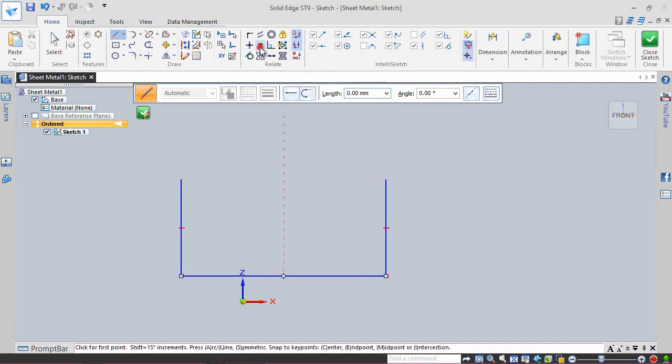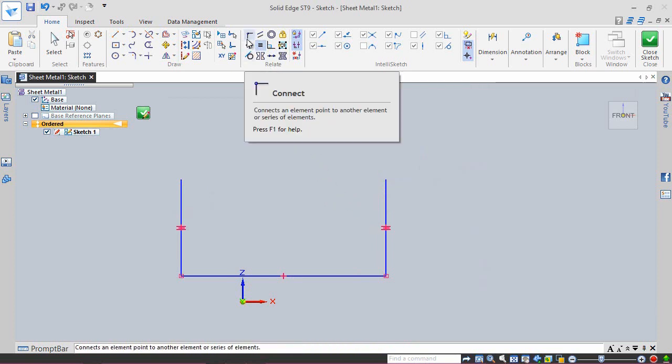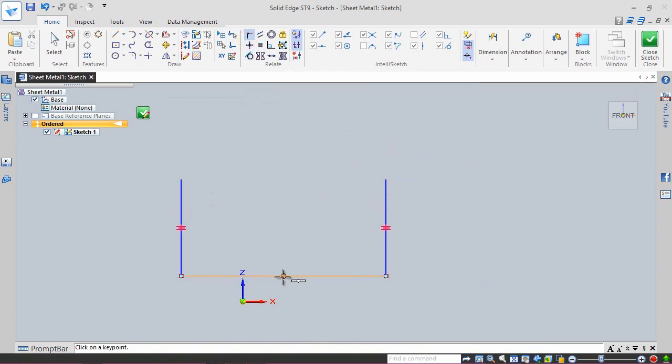Apply the equal geometric relationship between these two lines. Connect midpoint of this line with the center point of the sketch.